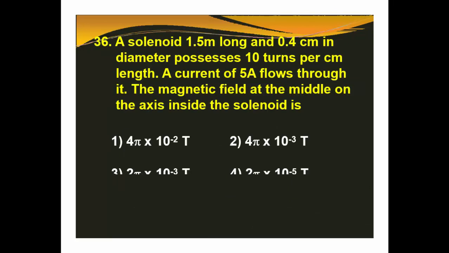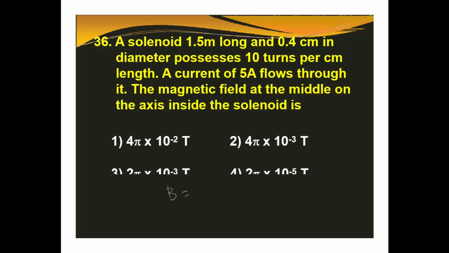Next question, 36th question. A solenoid is 1.5 meter long and its diameter is 0.4 centimeter. It possesses 10 turns per centimeter. And 5 ampere current flows here. The magnetic field at the middle of the axis of the solenoid is, what is the